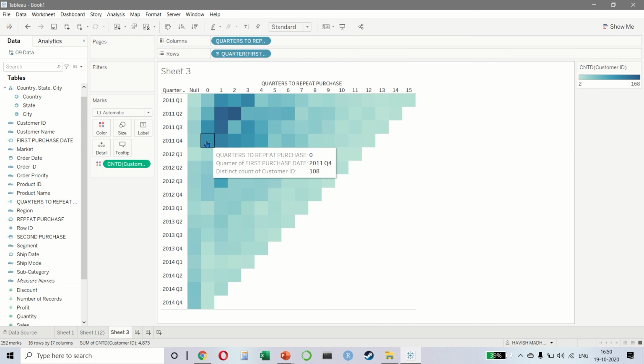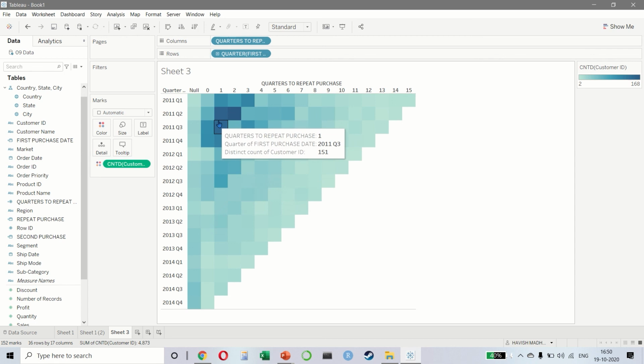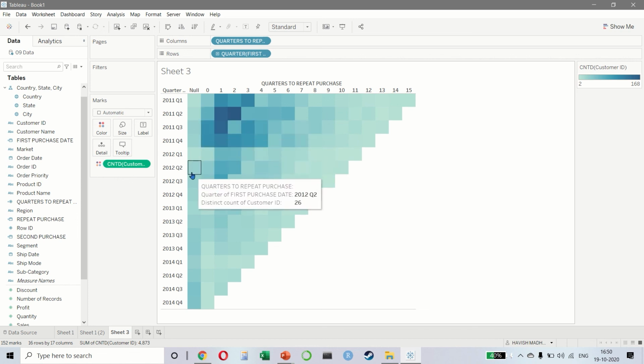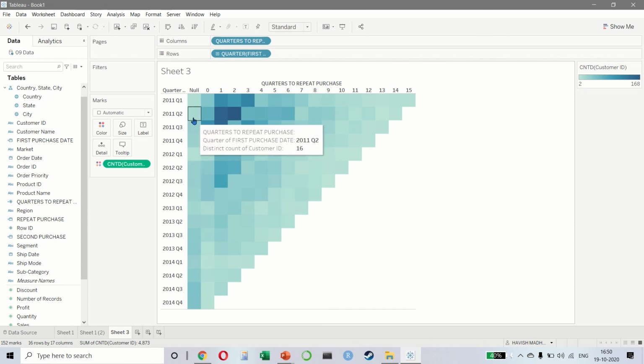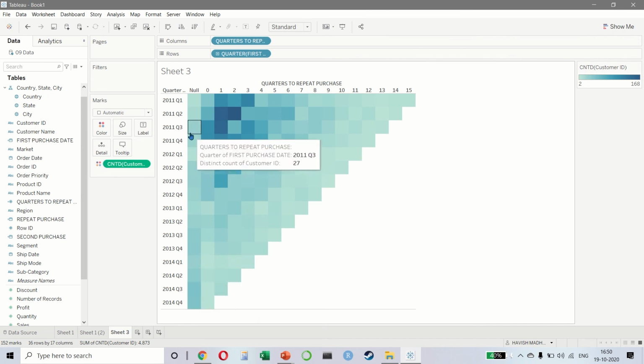So what does it tell us? It tells us that if you look at this period of Q2, Q3, Q4, Q1, Q2, Q3, Q4, this area for 2 years, you will see that there are a lot more dark colors here. This means that there are a lot of customers that are coming here. And at the same time, if you look at the null value, remember the null is nothing but the lapsed, which means the customer never purchased again. You notice that we have a lot of customers who have purchased from us one time but never purchased post